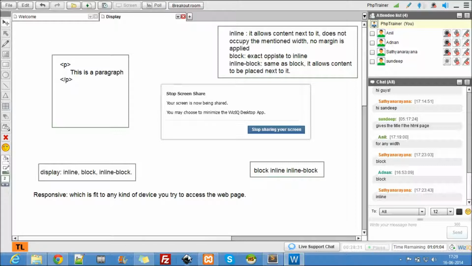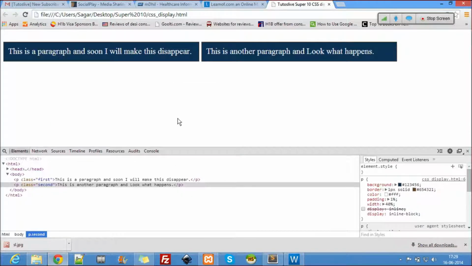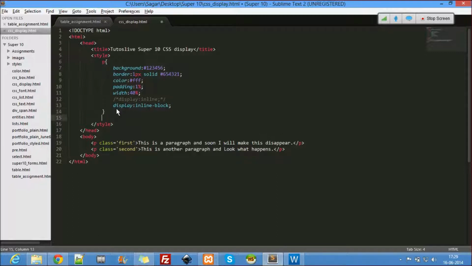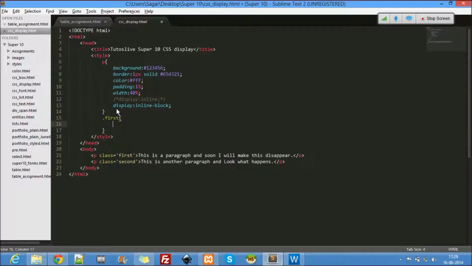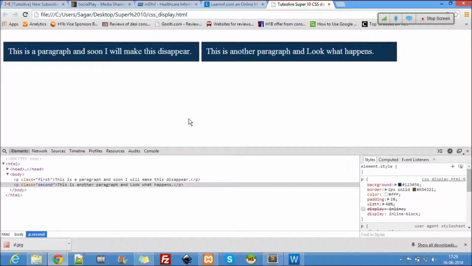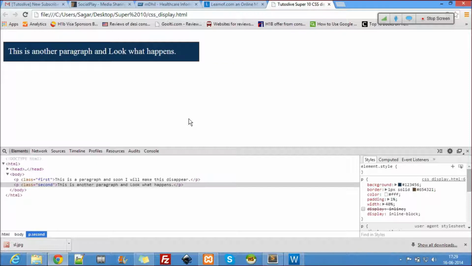So now let's go back to our page here. Now I said soon I will make this disappear, right? So let's make this disappear. How? Only one, right? Dot first, display none. So what does display none do? Let's see, I made it disappear. Display none.